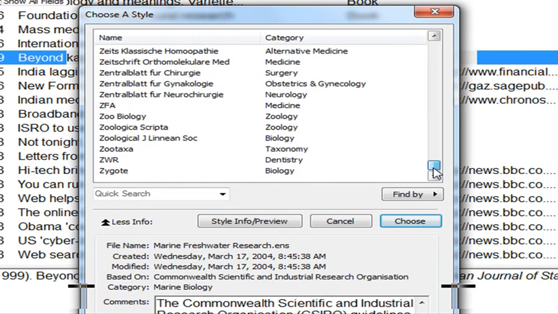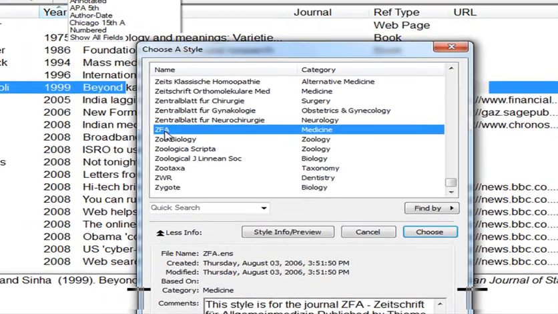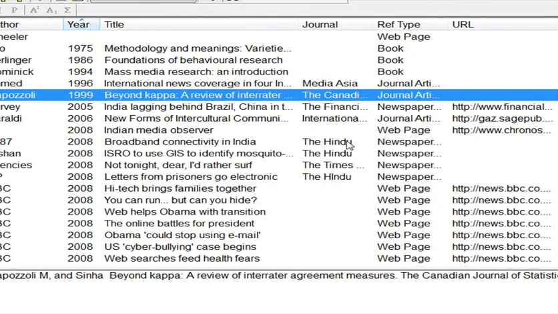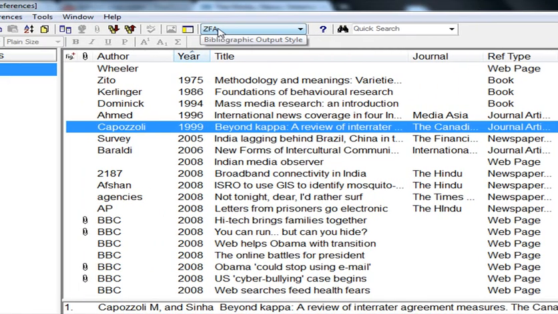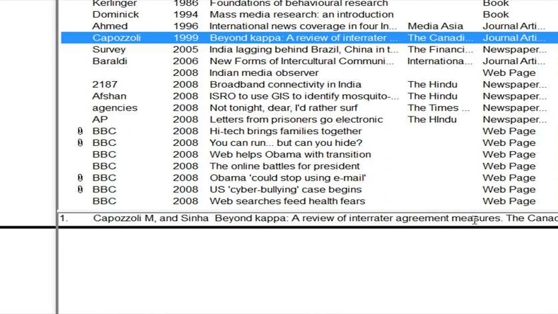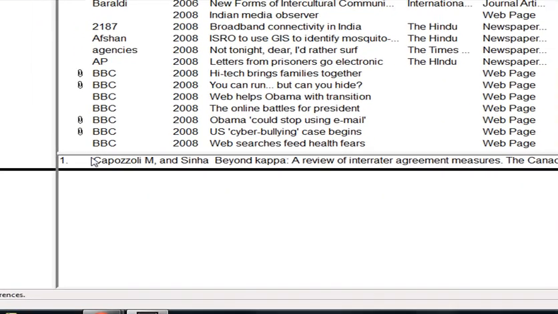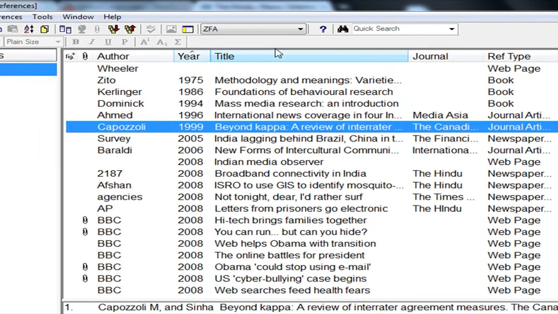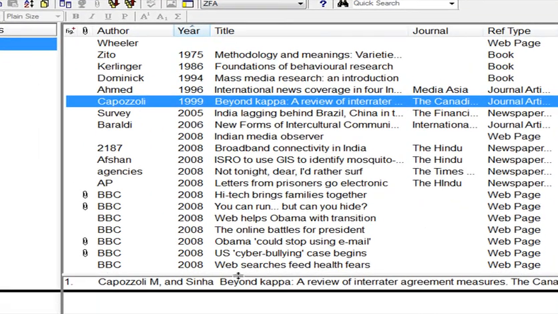So suppose we can choose ZFA medicine, then we can select choose. Now see, when I select the ZFA and the particular reference, the output style is slightly changed as per the ZFA specifications.